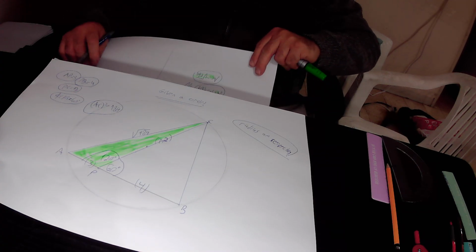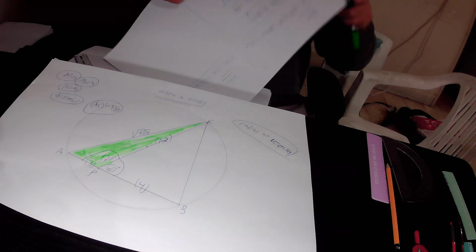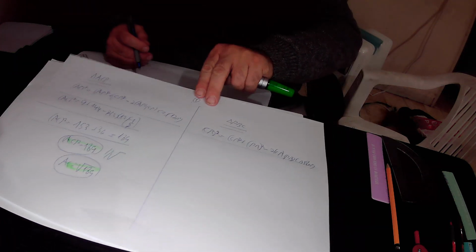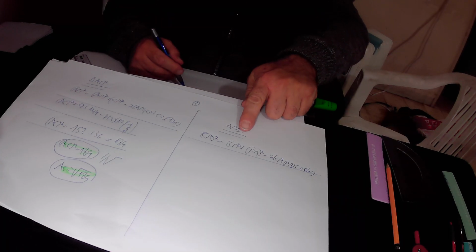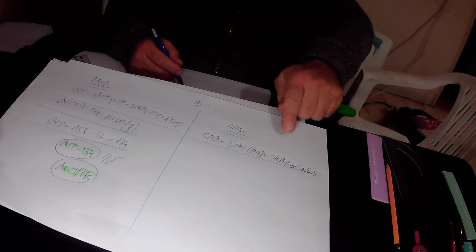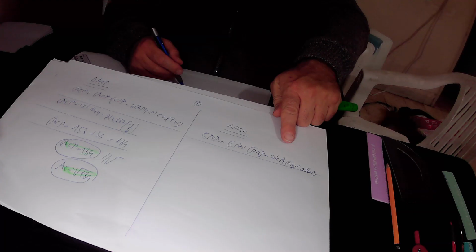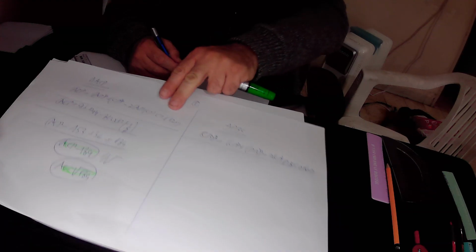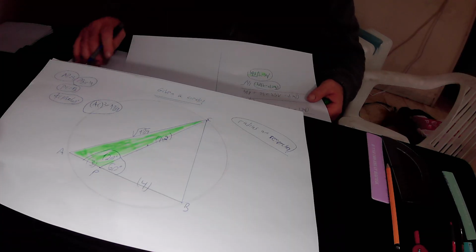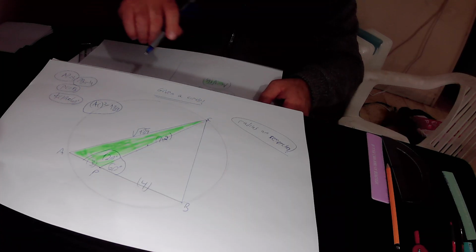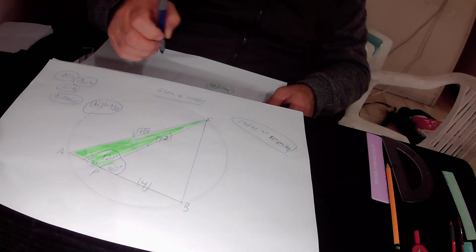Repeat again, in this white triangle CPB, according to the law of cosines, the following equation is true. CB squared equals CP squared plus PB squared minus 2 times CP times PB times cosine 60 degrees. CB is the missing side, so we leave it as it is. So it is CB squared